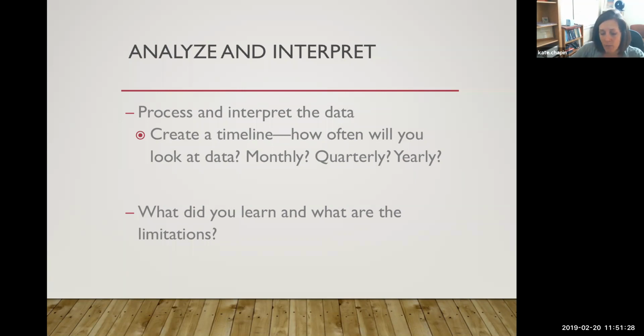So for an example, I helped with some evaluation at a domestic violence shelter where folks were there for, I think, 60 days. And so we wanted to make sure that we got feedback on their shelter experiences, but also respecting the confidentiality of the people that were currently in the shelter.